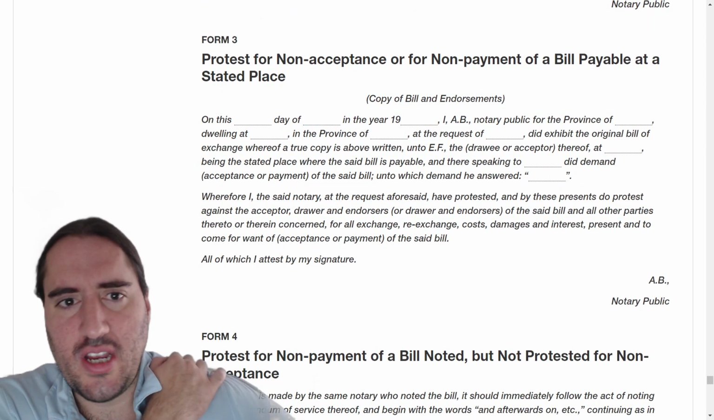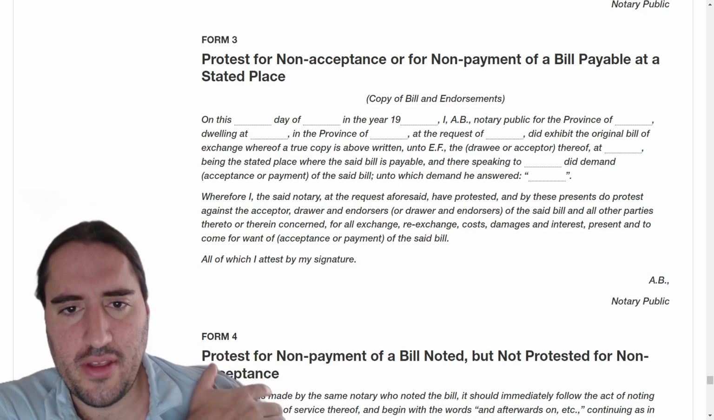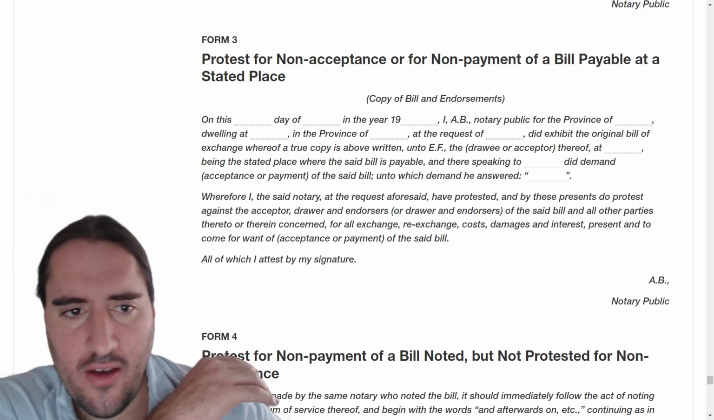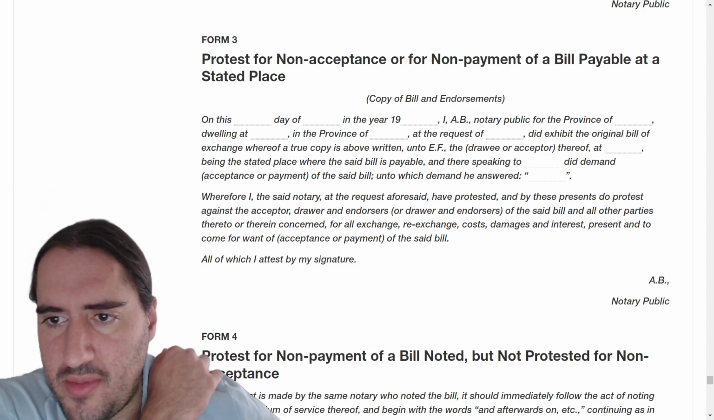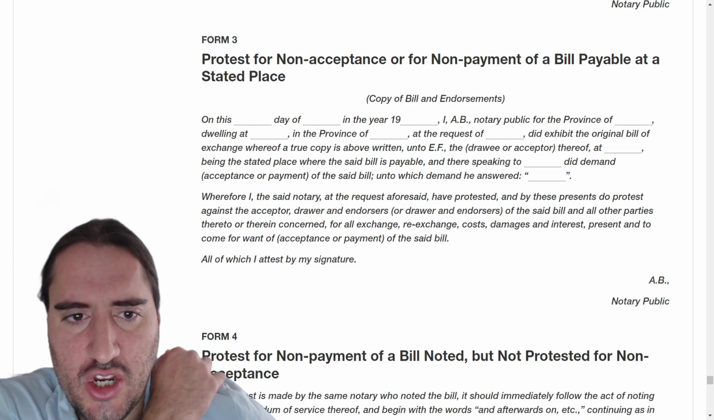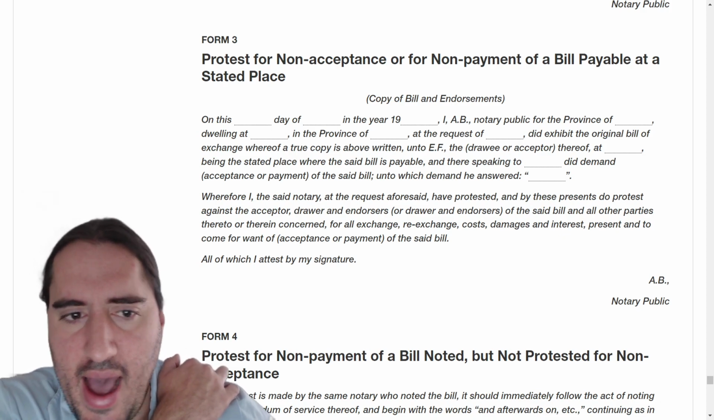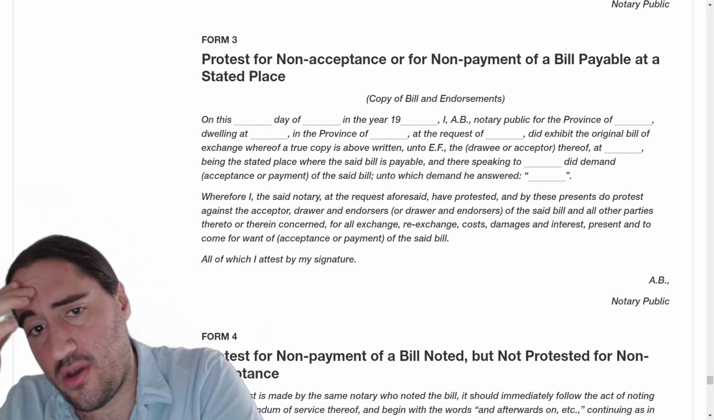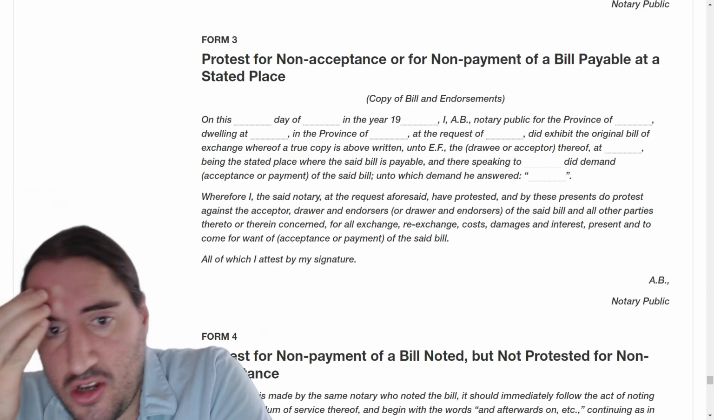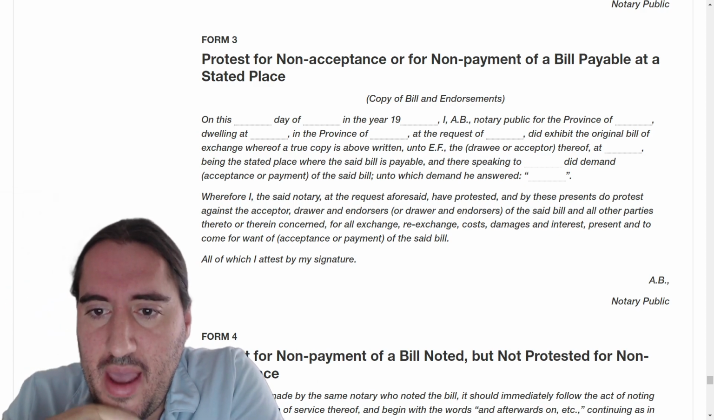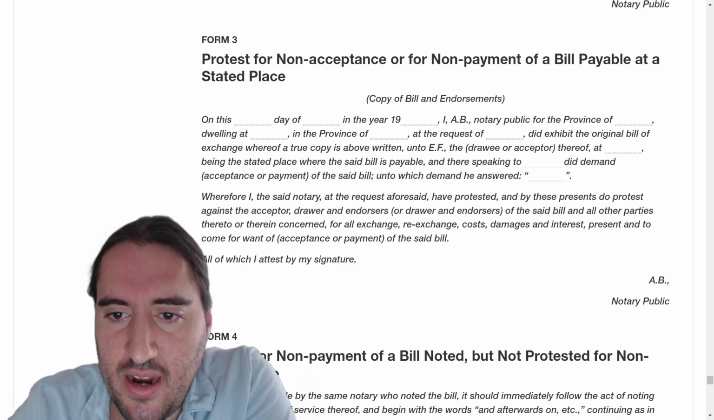Form 3. Protest for non-acceptance or for non-payment of a bill payable at a stated place. On this whatever day, I, the notary public for the province, wherever I am, at the request of whoever, did exhibit the original bill of exchange, whereof a true copy is above written, unto EF, the drawee or acceptor, at wherever it was, being the stated place where the said bill is payable, and there speaking to whoever did demand acceptance or payment of the said bill, unto which demand he answered, wherefore I, the said notary, at the request aforesaid, have protested, and